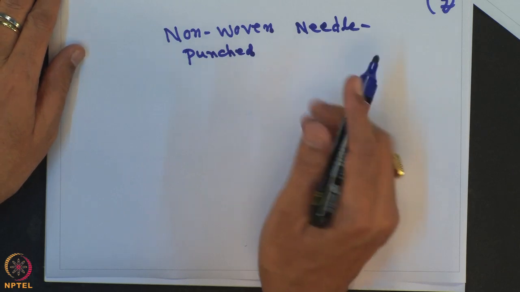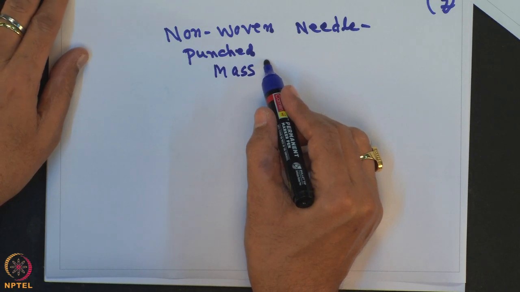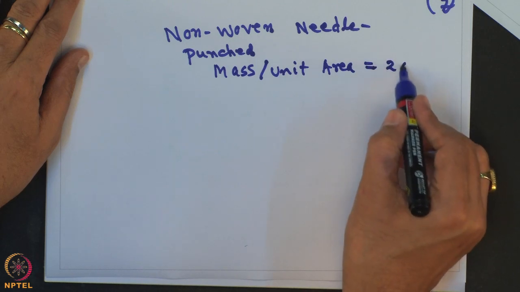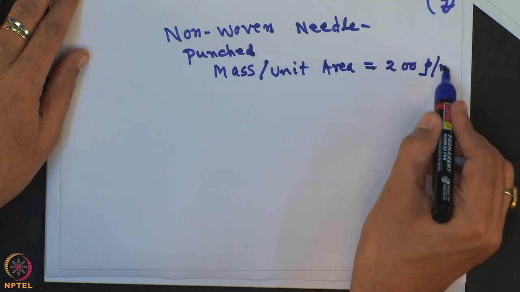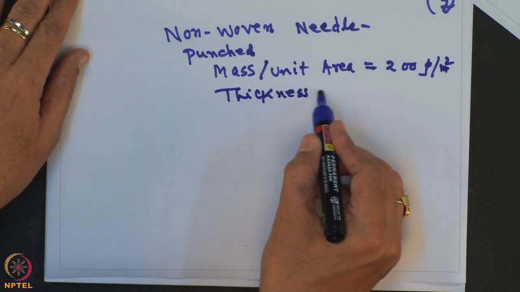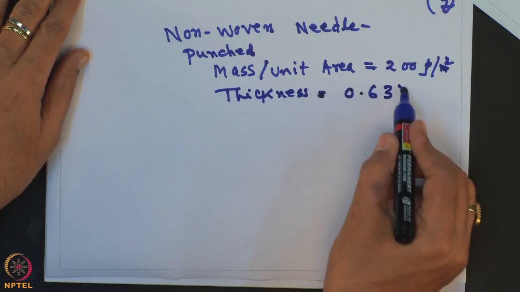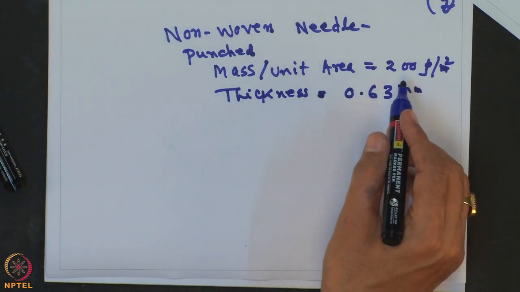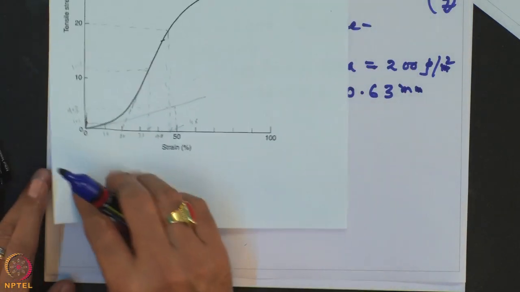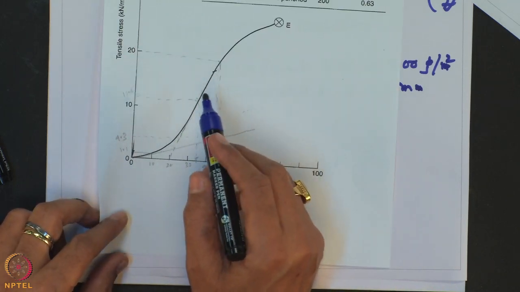And this geotextile material, let us say mass per unit area is equal to 200 gram per meter square, and thickness is equal to 0.63 millimeter. So, from this curve of the needle punch non-woven geotextile material, you have to calculate what would be the